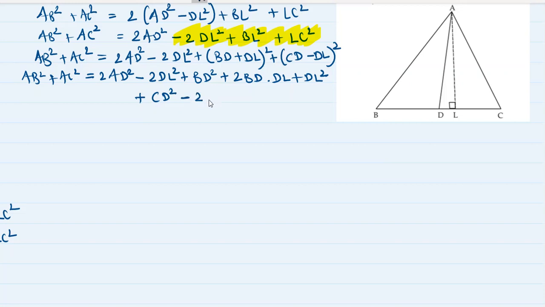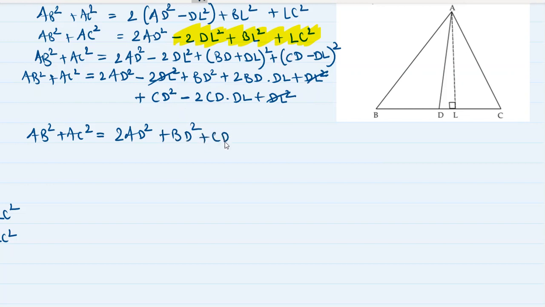minus 2CD into DL plus DL square. Okay, hold on, it's almost done. So AB square plus AC square is equal to 2AD square. See, this minus 2DL square will get cut with DL square plus DL square. DL square plus DL square is 2DL square, and minus 2DL square will get cut with it. Also, what we have left is plus BD square plus CD square